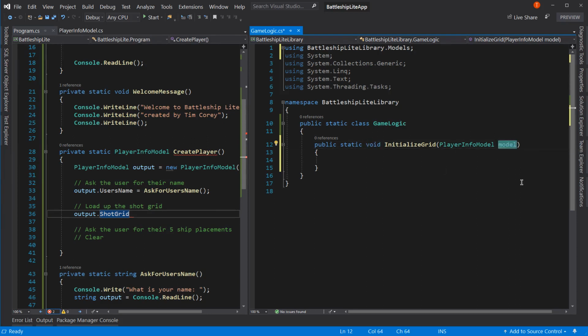So when we pass in the model, we're passing in the same address. So we don't need to pass it back because it's the same place. Whatever we do to that model here will be reflected over here. And this is part of object-oriented programming. So in here, what we'll do is